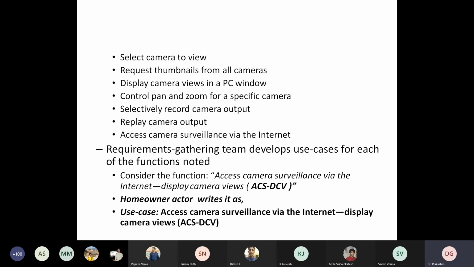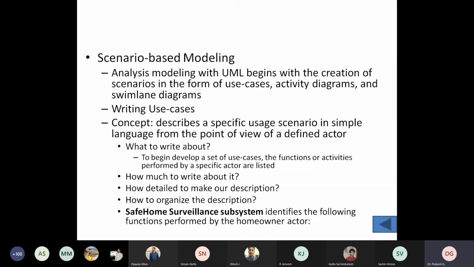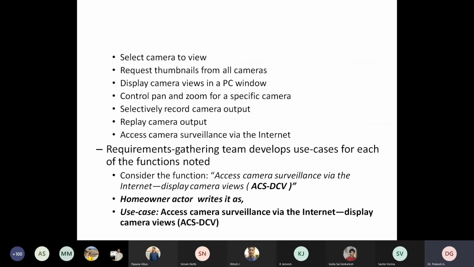If you want to go along with the OOPS concept as you mentioned, you should know all these details. For example, coming back to the same thing you asked, the safe home system. For this system, there is a particular requirement. In a single PC window, even in our MS Teams, there is one problem. You are seeing the gallery view.